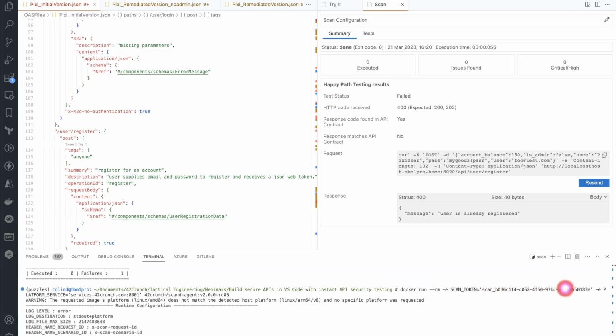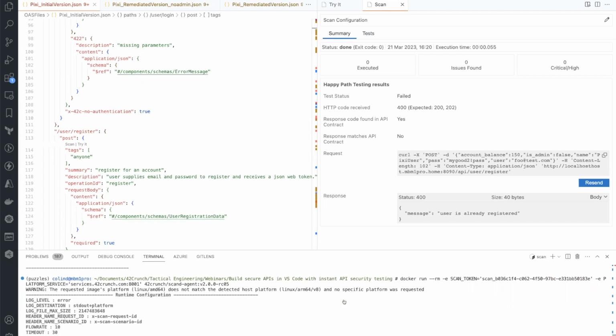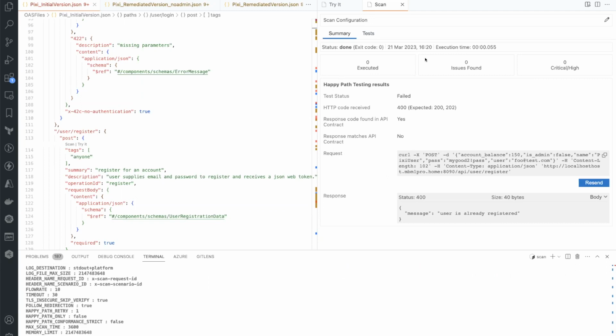We provided a scan token, which is pointing to the 42 Crunch platform. We look at the platform in the last section here, and we run a scan. So what's happening in the background is